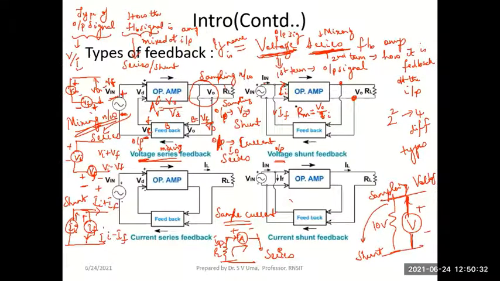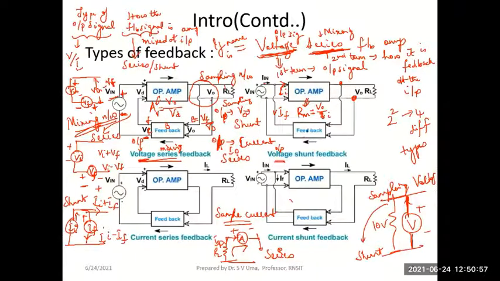And why is it called a trans resistance amplifier? Because the output which we are interested in is a voltage and the input which we are giving is a current. Hence, the gain of this amplifier will be a voltage by current, which indicates a resistance value. Hence, the basic amplifier is called a trans resistance amplifier.